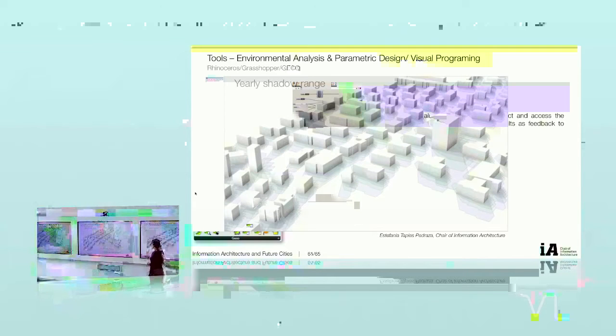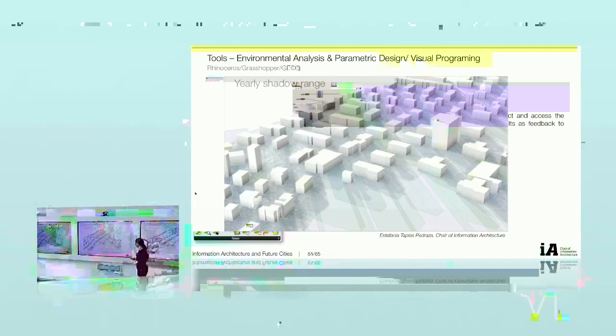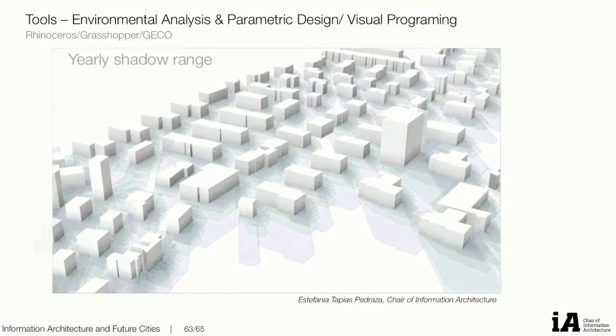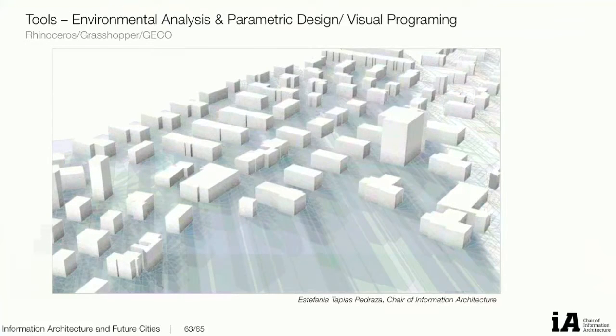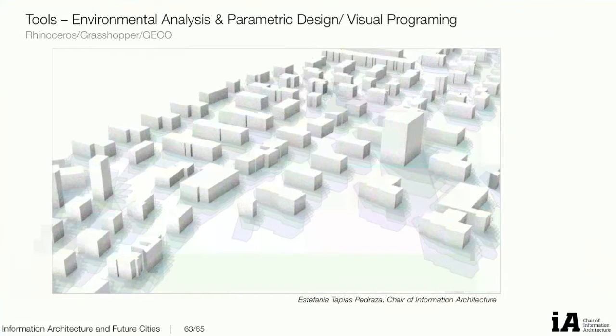And then this is just some idea or some tools that we've been developing. For example, this tool is more about the shading. So this is showing a simulation of the shading during the year and during the whole day. And then in this tool you can add different geometries or different buildings you want to add, I don't know, in an urban